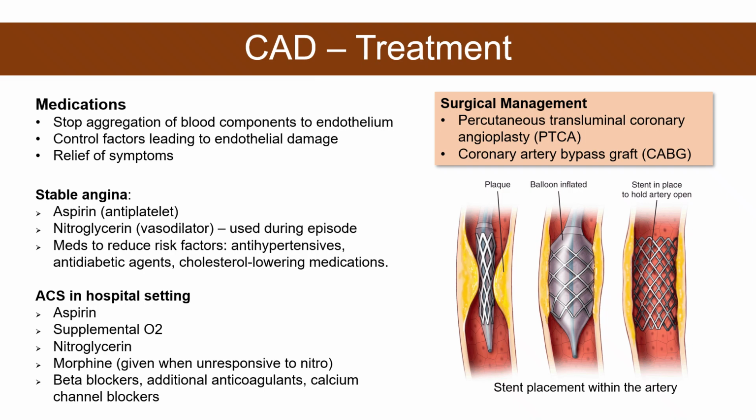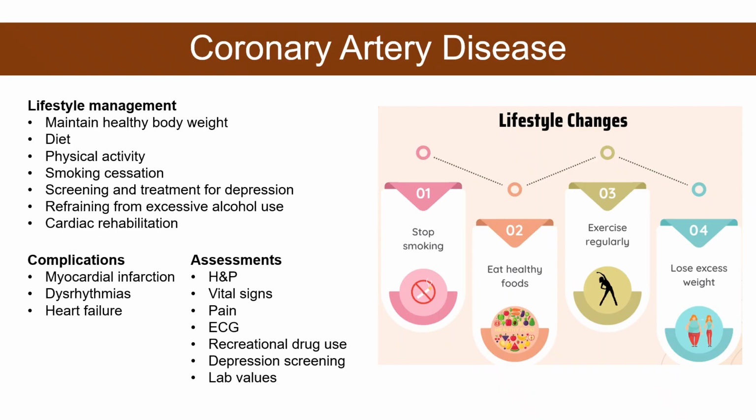So when they go to the cath lab and an intervention is required, then they can put in stenting like here. They can put in like a roto-rooter to suck out stuff. It just depends on what it is, but it is common to put stents in. If it is too much for the cath lab to handle, the patient may need open heart surgery, which is known as CABG, coronary artery bypass graft.